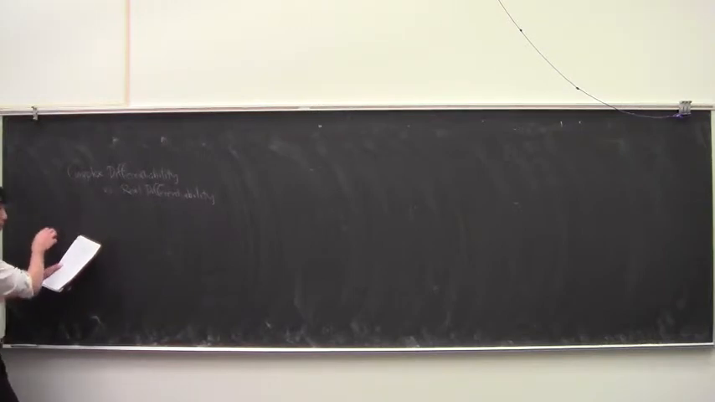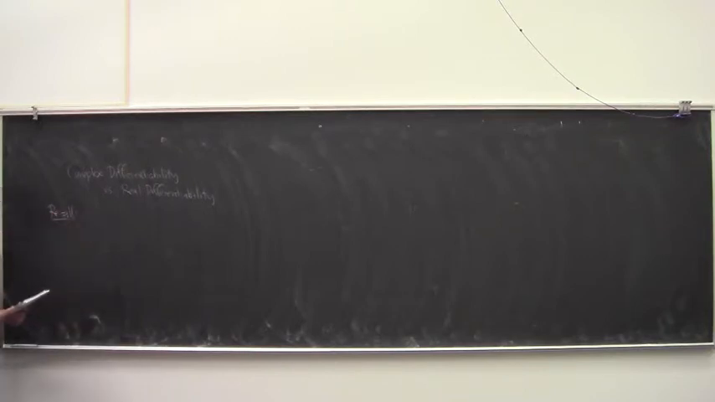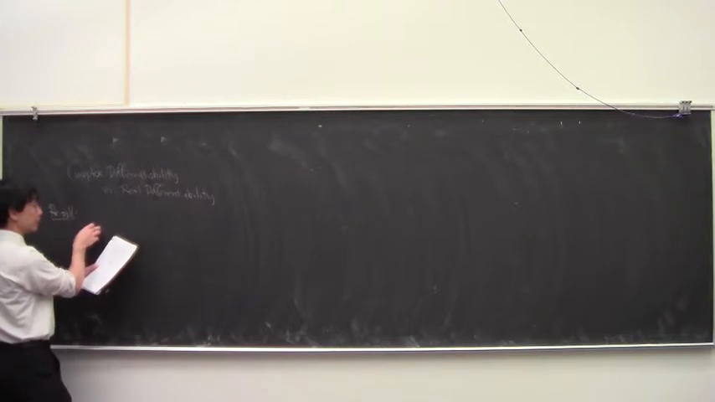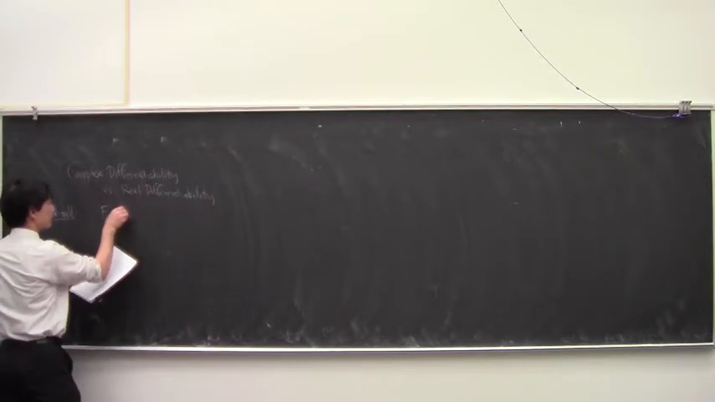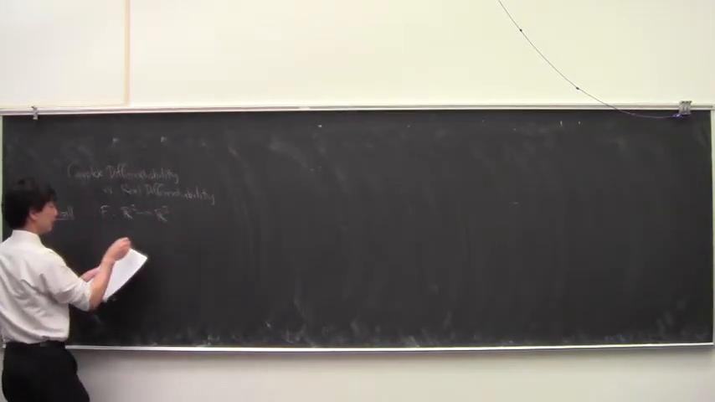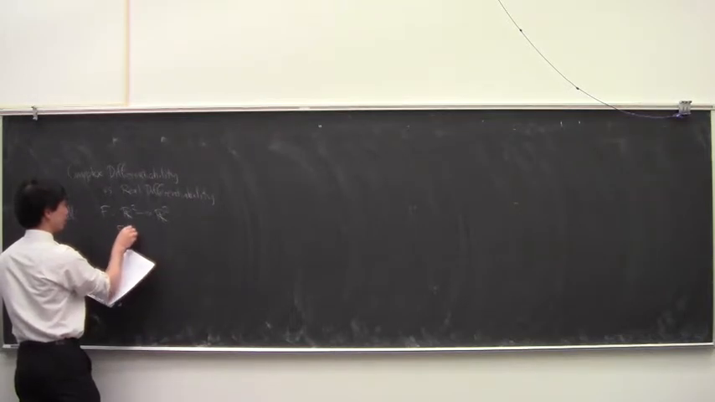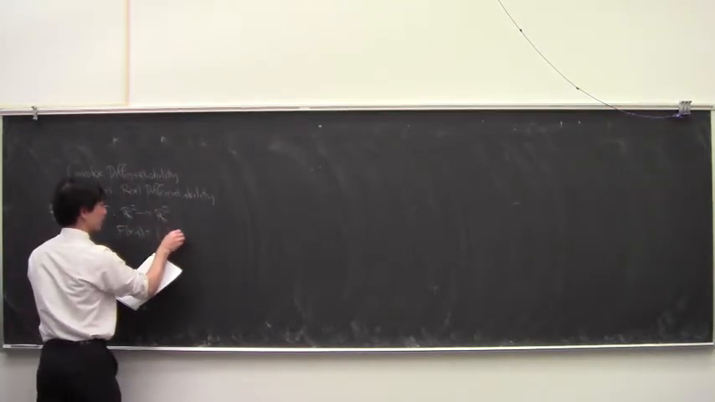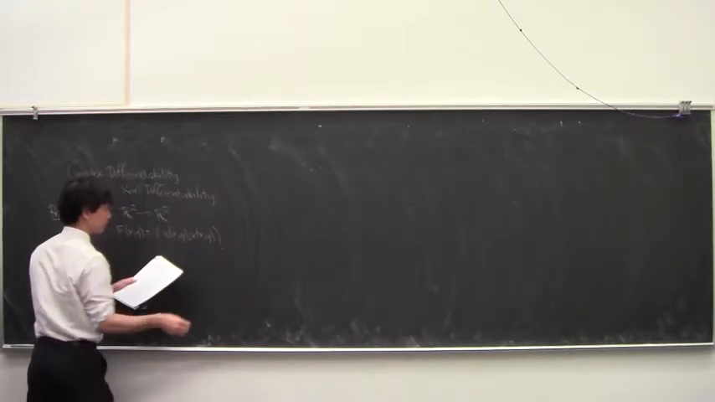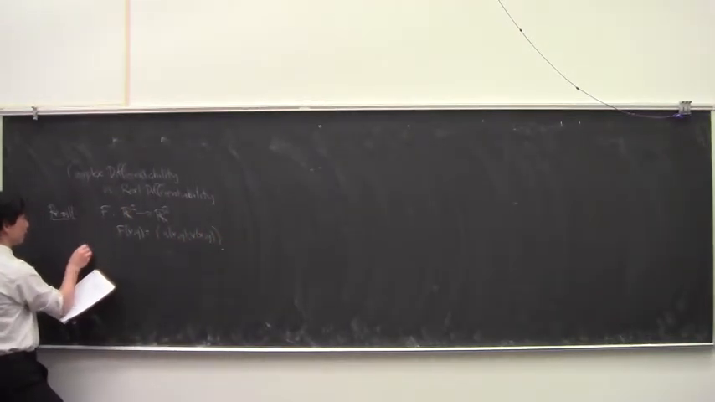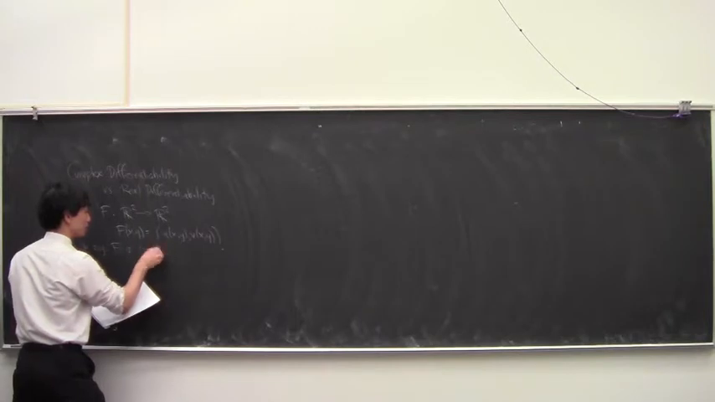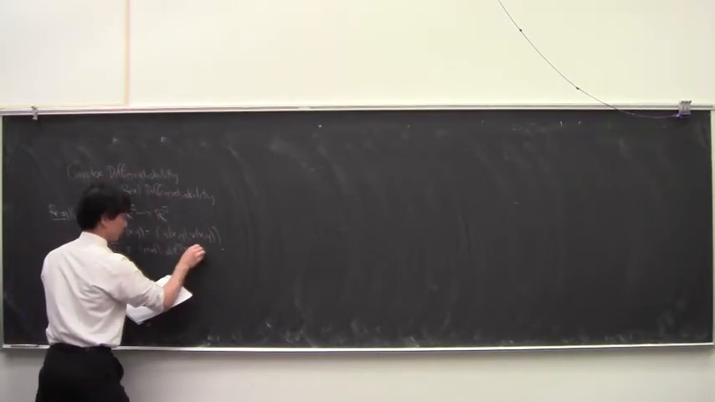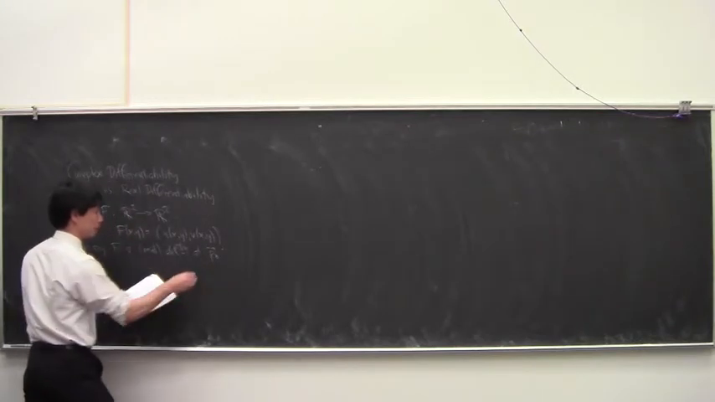Okay, complex differentiability versus real differentiability. Let's see what's going on. You can make some connections that are kind of interesting. So recall real differentiability. If you have a function from R2 to R2, and let's say the function has component functions u and v. We say f is real differentiable at some point p naught in R2, of course,